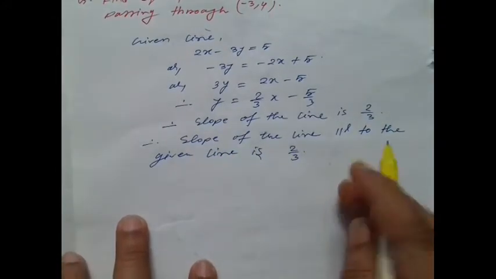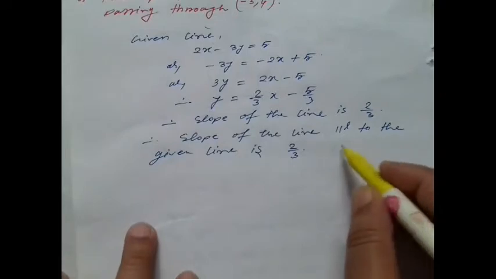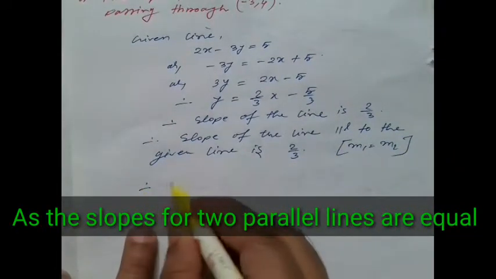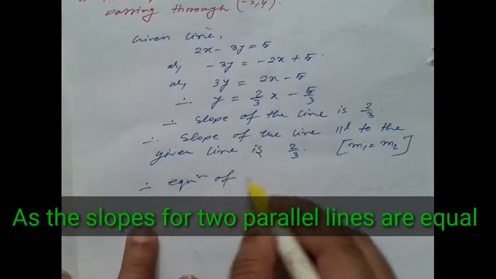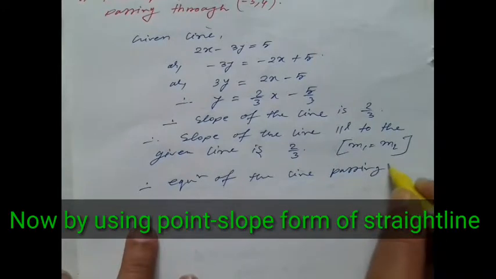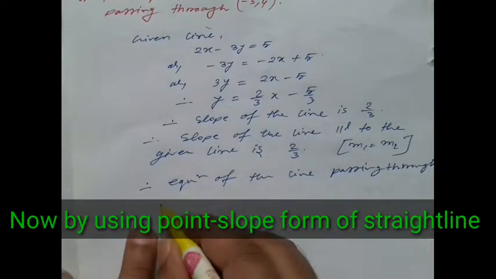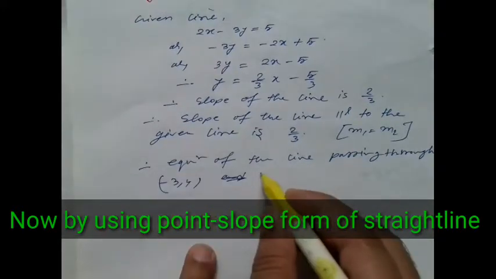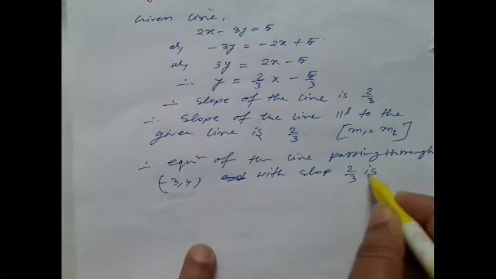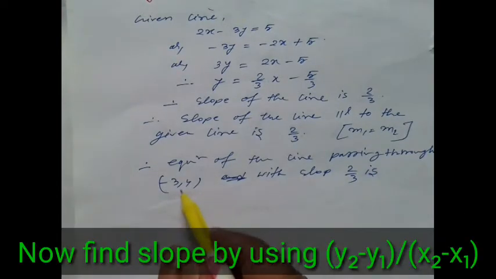As we know the condition for two parallel lines is m1 equals m2, so we got this. Therefore the equation of the line passing through minus 3 comma 4 with slope 2 by 3 is, we have to think that x, y is a point